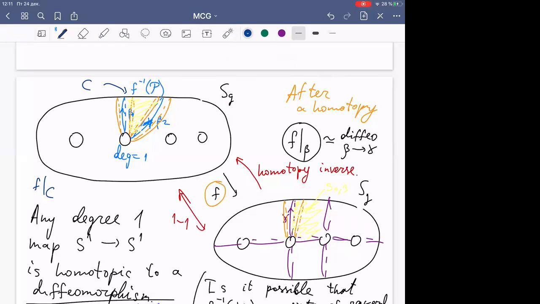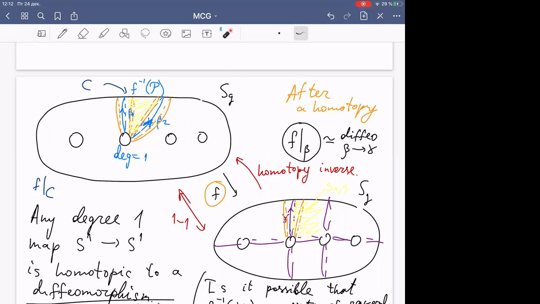So the situation is as follows: beta 1 and beta 2 are mapped to gamma, and their neighborhoods from these sides are mapped to this side of gamma, but this cylinder is mapped to the other side of gamma, and then we can just homotope this, so we can remove these two pre-images beta 1 and beta 2